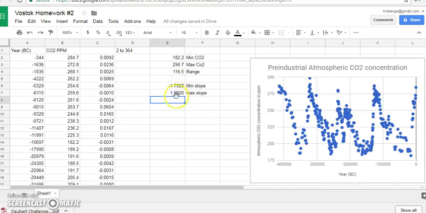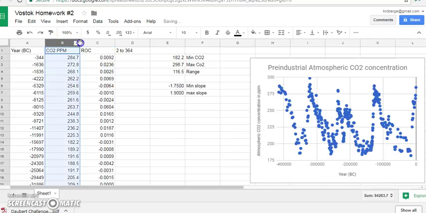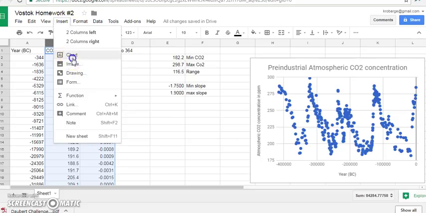This should be a little suspicious because most of the numbers we saw here are 0.0 something. So what's going on? There are a couple of outliers here. Let me show you where these are. Actually, before I do that, let me make another chart. So this is the rate of change, C. If I highlight B and C, and then I insert a chart,